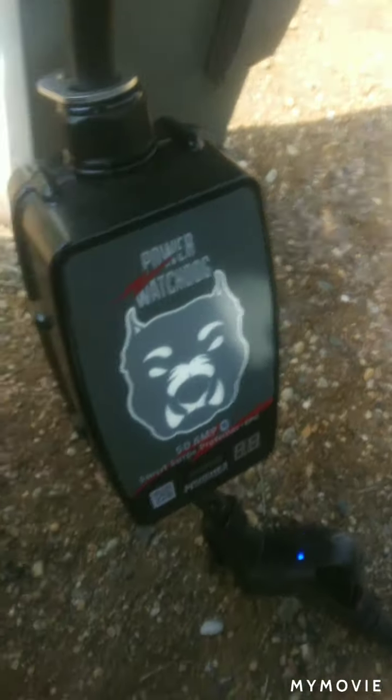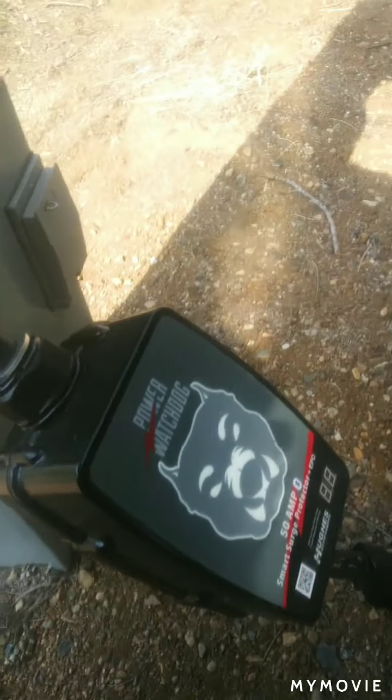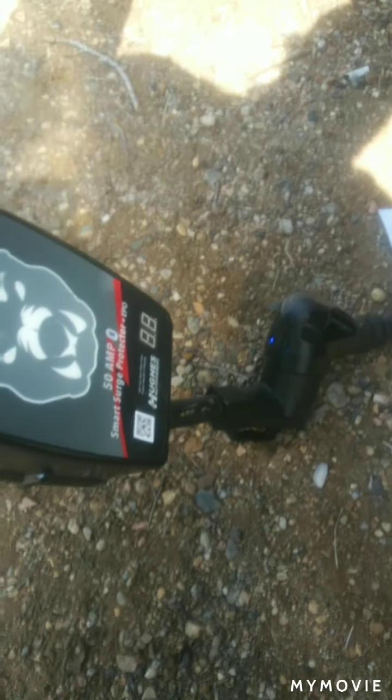And here's what this item looks like. So this is the Watchdog that I have on my camper, and if you can see, my hand doesn't quite cover it. So it's big. I don't have real small hands, but it's a big unit. And what you do is you first shut your power off. In here, you shut your 2 main breakers off for your 50 amp. You plug this in,